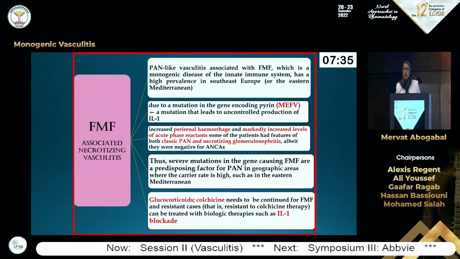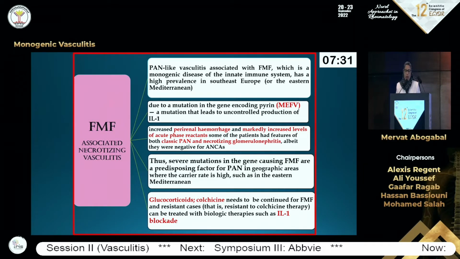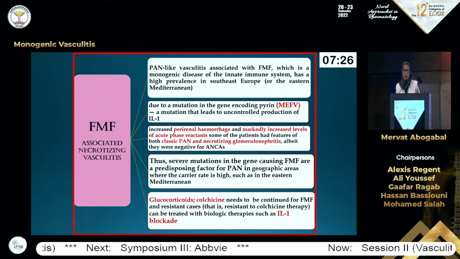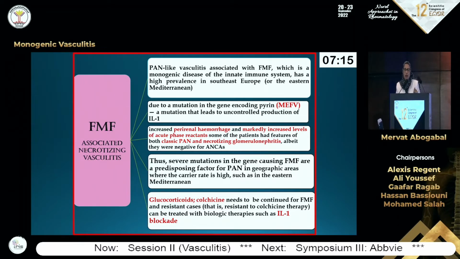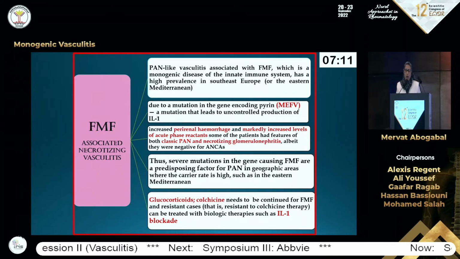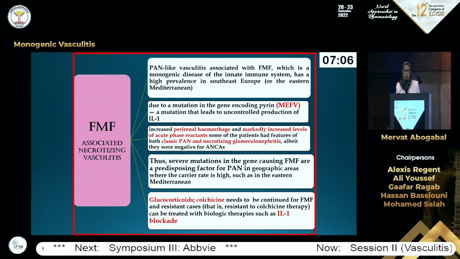The second form of monogenic vasculitis is necrotizing vasculitis associated with familial Mediterranean fever. Discovery of this monogenic variant of vasculitis started with an observation. They observed a higher prevalence of polyarteritis nodosa in South Europe and the Eastern Mediterranean area, where there is a high rate of familial Mediterranean fever carriers. With genetic studies, they proved that mutation in the familial Mediterranean fever gene MEFV, which encodes for pyrin, results in uncontrolled